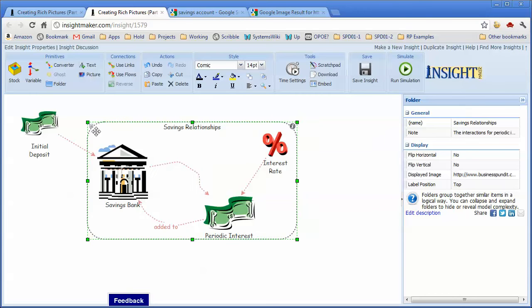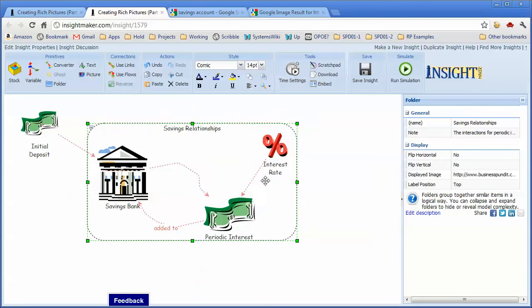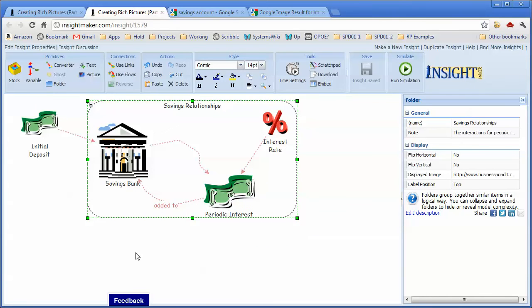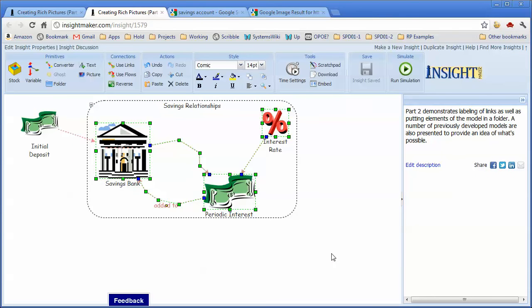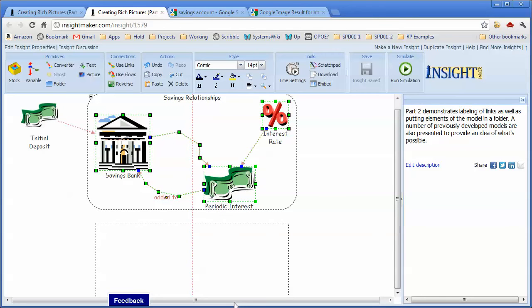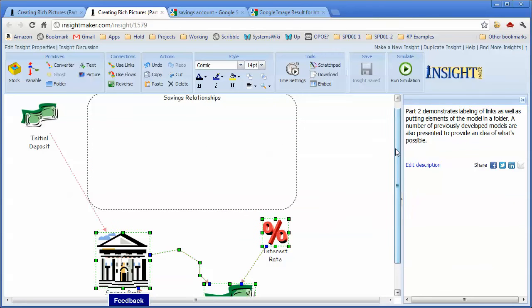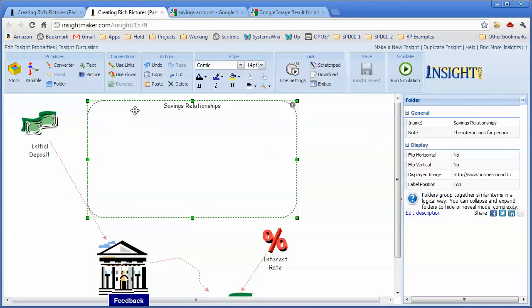The one thing that I warn you about, though, is that once you put something into a folder, you need to be real careful, because if you delete the folder, everything in it is also deleted. If you want to get the things out of a folder, you have to make sure that you move them in such a way that they're no longer in the folder, which is sometimes a bit tricky. So if I select all this stuff, I have not selected the folder, I've just selected the items that were in it. And if I drag them out of the folder,